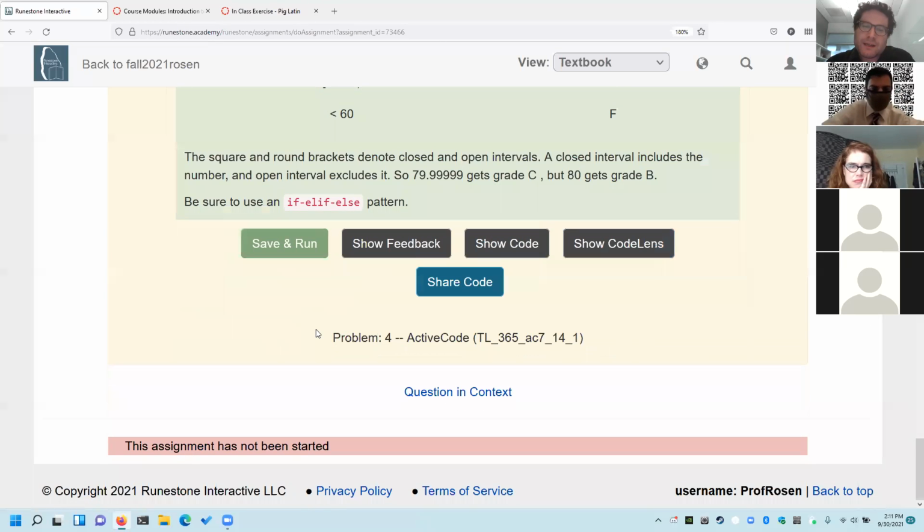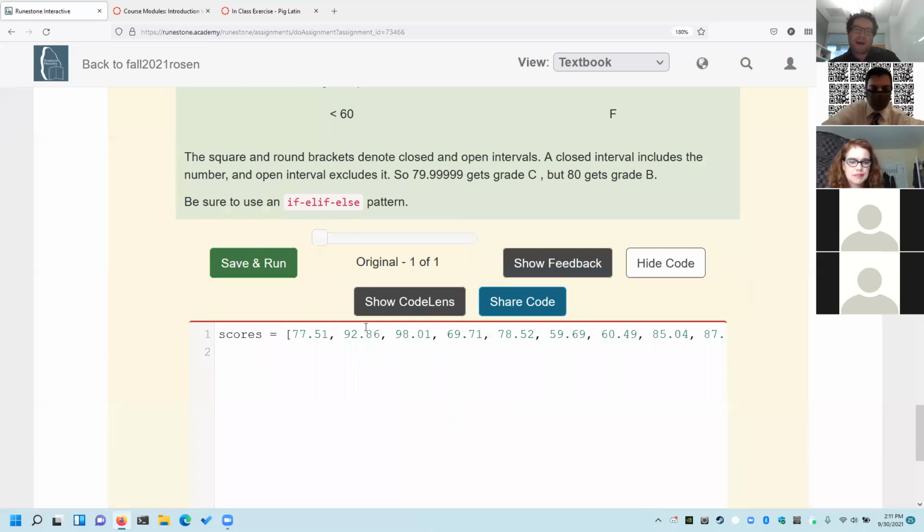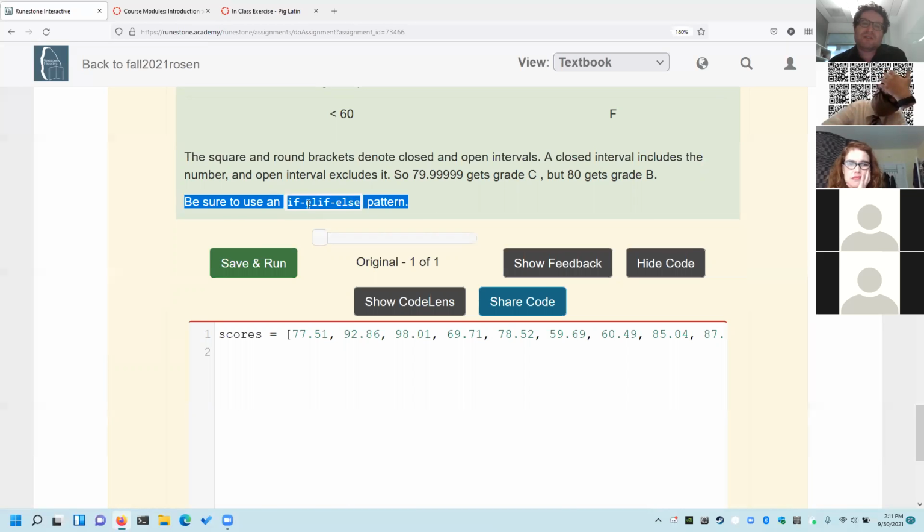Now for the grades problem, let me just say for that one, you've got to make sure you're using the if, elif, and else pattern as opposed to just if statements. And what you also need to do is make sure you aren't using parentheses in the